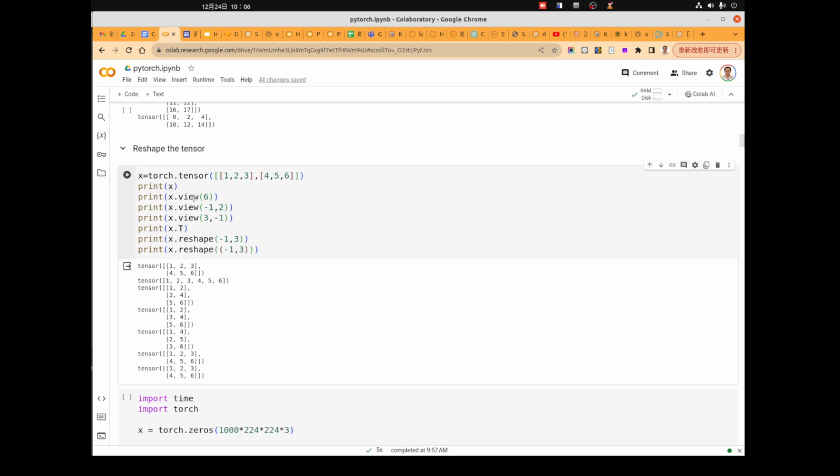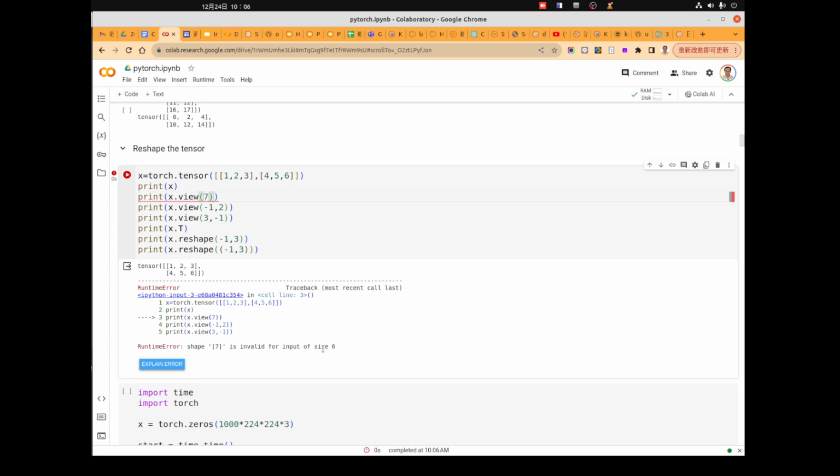And we can use view to change the shape of the tensor. For example, we can change it to just one dimension, so write 6 here, since we have 6 elements. What happens if we make it 7? It will give you an error because 7 is invalid for input of size 6.